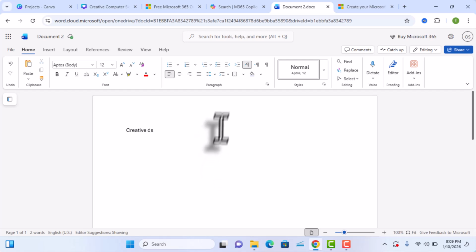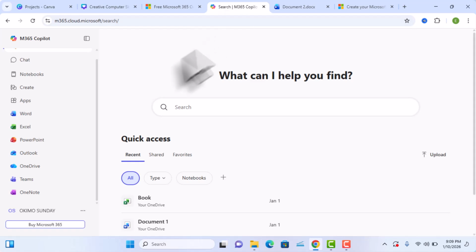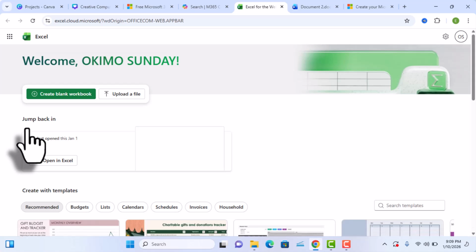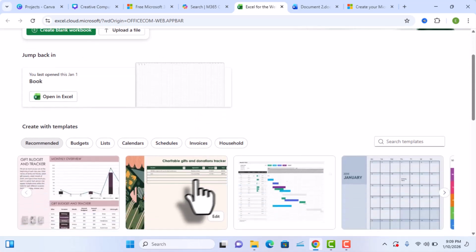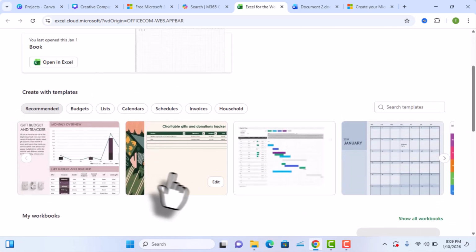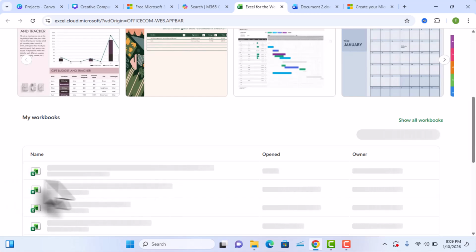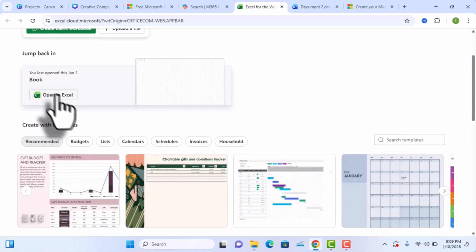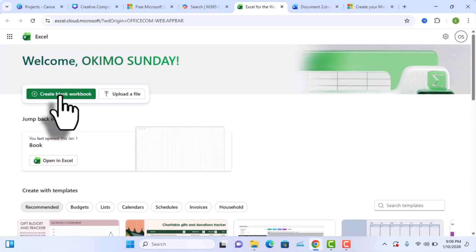If you want to use Excel, you can just simply go back here. Now just click on Excel. You see all the things you need on that particular Excel sheet. It is all comprehensive and has all the necessary things you need. You can also see some free templates of that Excel. You can see other recent documents I've worked on, and if you wish to open a new one or a